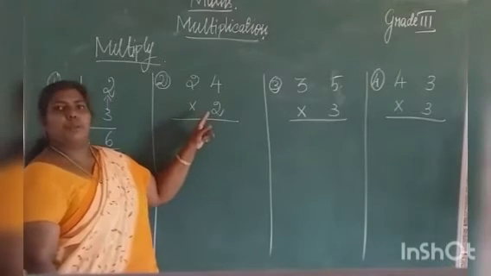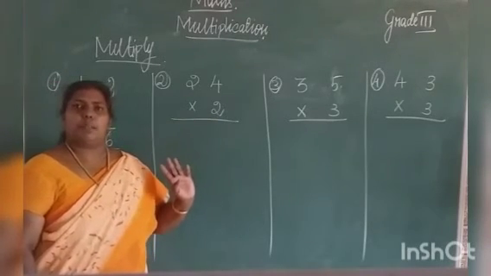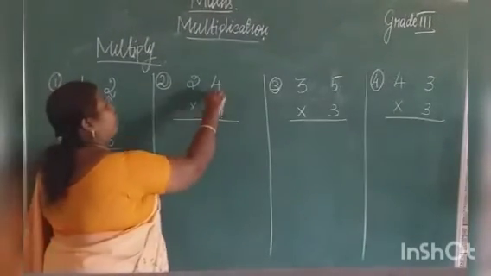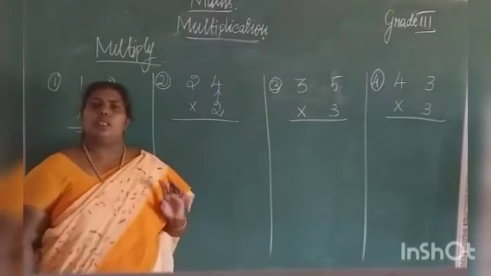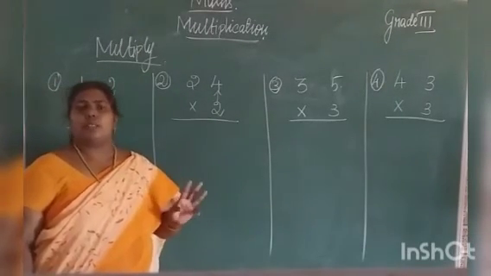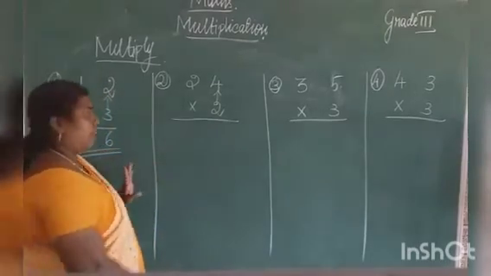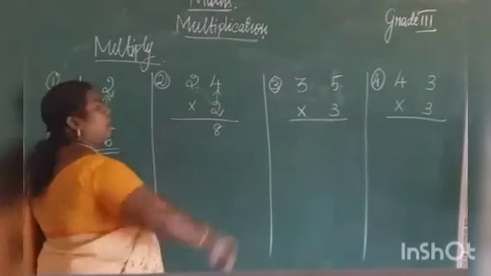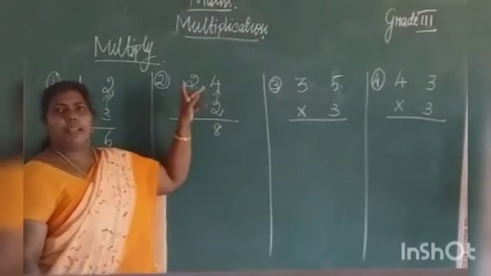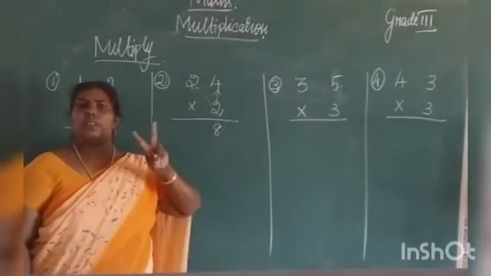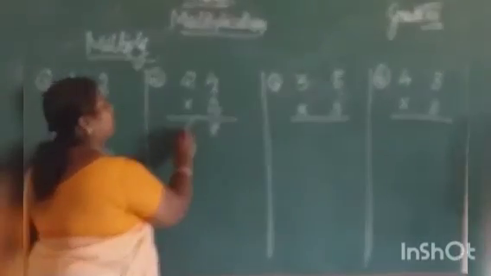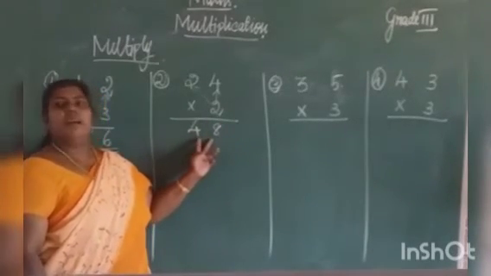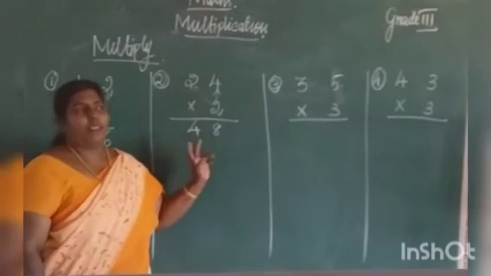See here, we are going to use the second table. First, which two numbers are we going to multiply? 2 and 4. Yes, 2 times 4. 1 2 is 2. 2 2s are 4. 3 2s are 6. Then 4 2s are how much? 8, isn't it? Yes, 8. Next we are going to multiply these two numbers, right? Yes, then 2, how many times? 2 times. 1 2 is 2. 2 2s are how much? 4. Yes. 24 multiplied by 2, what is the answer? 48. This is the product. Okay, this is the answer, the product.